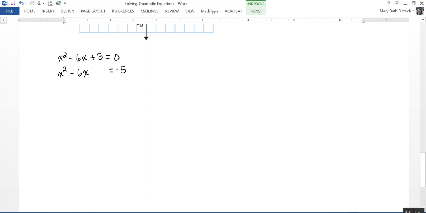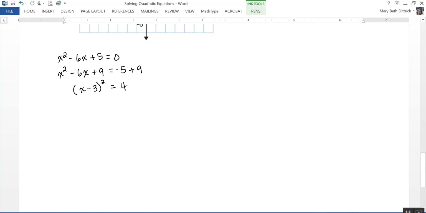Now I want to find a new value of c that makes this side of the equation a perfect square trinomial. To do that, I'm going to take half of b and then square it. So half of negative 6 is negative 3. Negative 3 squared is 9. So I'll add 9 here and add 9 here. Now this is a perfect square trinomial, and it will factor into the quantity x minus 3 squared,